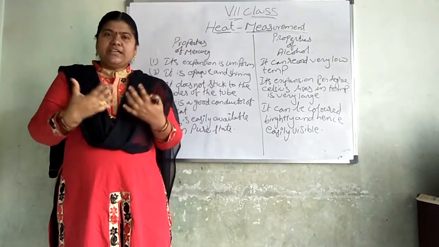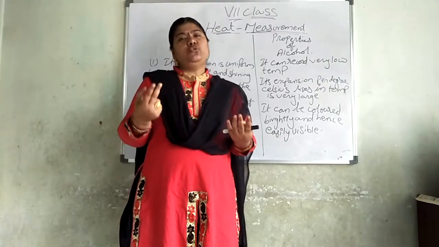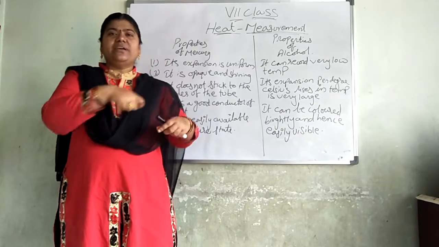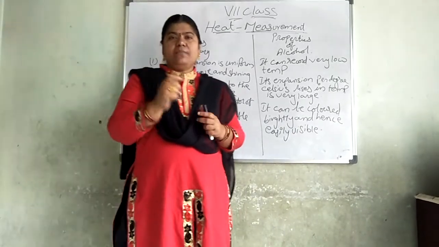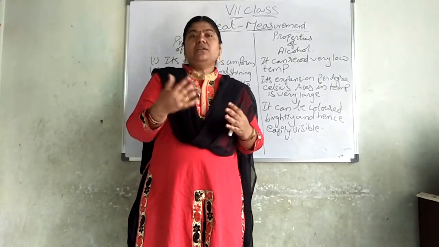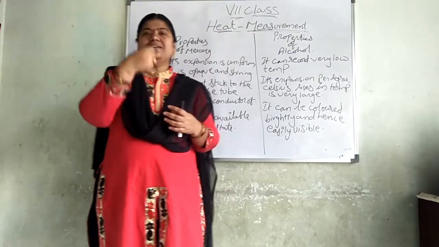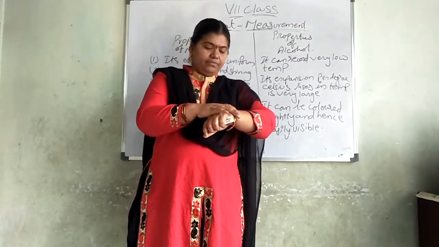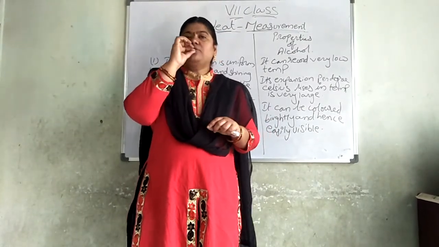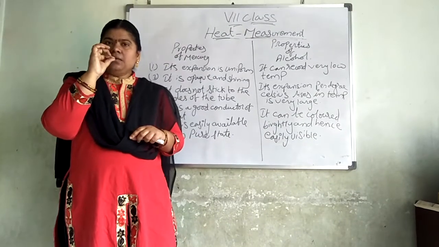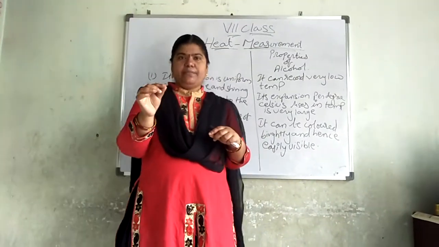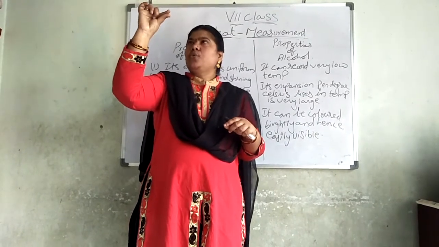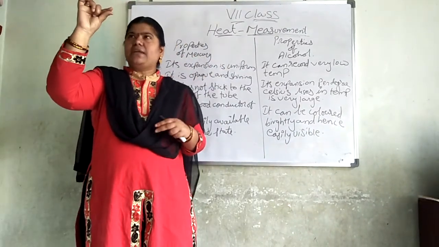And when someone is suffering with a fever, there are two things we can do with the clinical thermometer. One, for small children, we can keep it under the armpit and measure the temperature to see whether they are suffering with fever or not. For slightly older people, we have to keep it under the tongue and observe the time for just 2 minutes. We keep it under the tongue or under the armpit and see the temperature. When we are seeing the temperature, we should not jerk it. We have to keep it exactly like this and see.